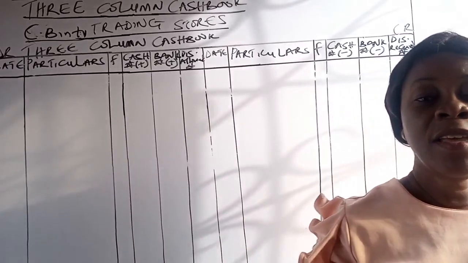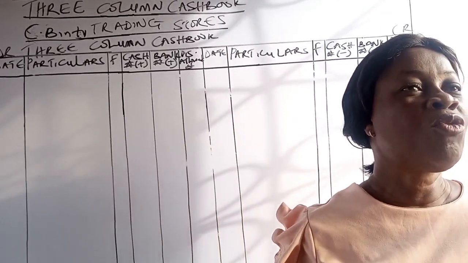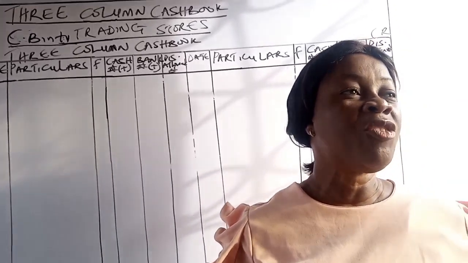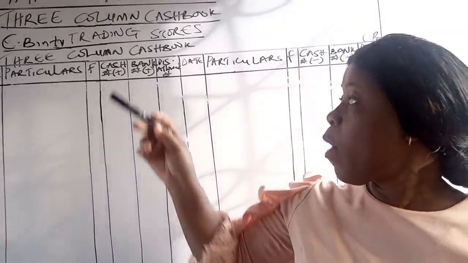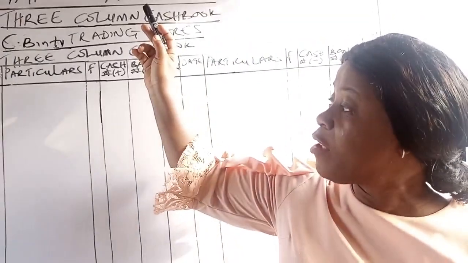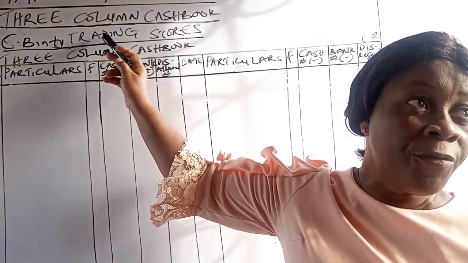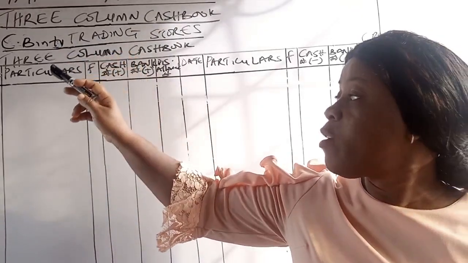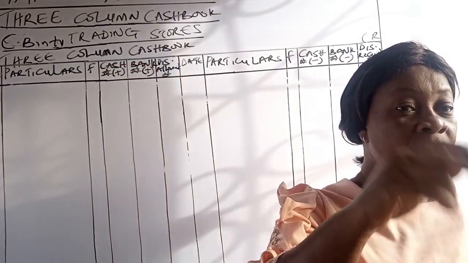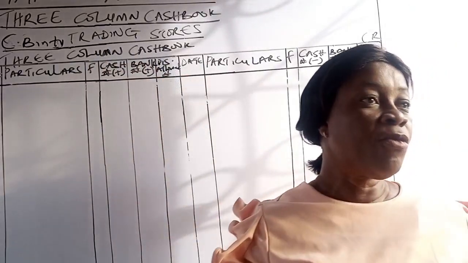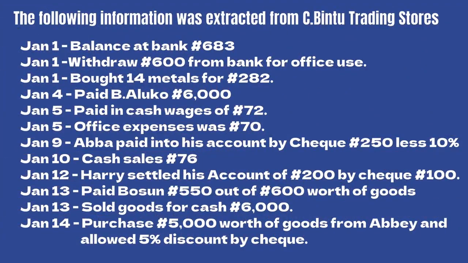Now, the following information has been extracted from the books of Sim Bintu. So when you are preparing the three-column Cashbook, you write the name of the organization involved first, then the requirement, three-column Cashbook, because the transaction has discounts included. Now, January 1,